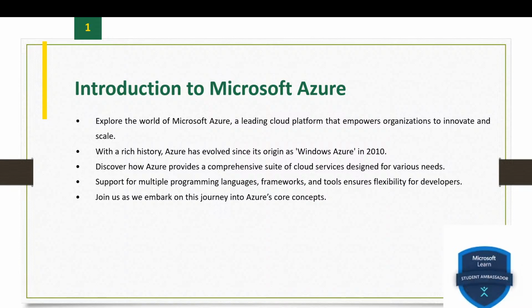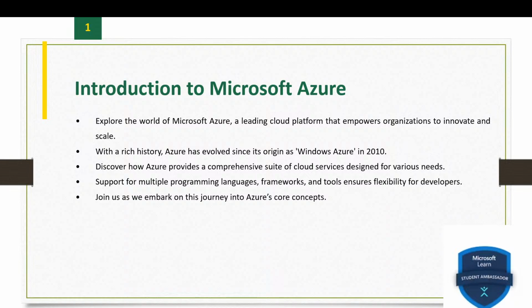Azure provides tools like Azure Machine Learning, Cognitive Services, and Bot Services to create intelligent applications. And DevOps. Azure DevOps enables continuous integration and continuous delivery, aka CI/CD, helping teams collaborate and deliver software faster.